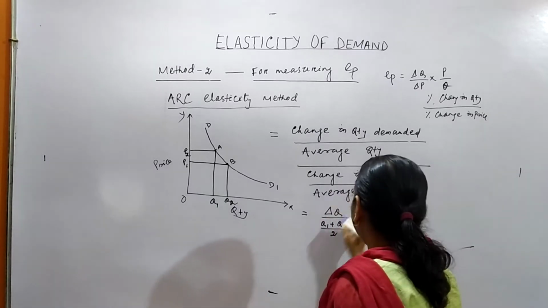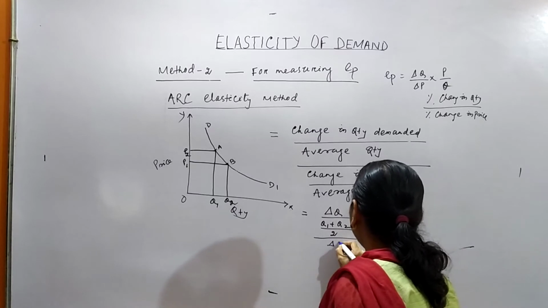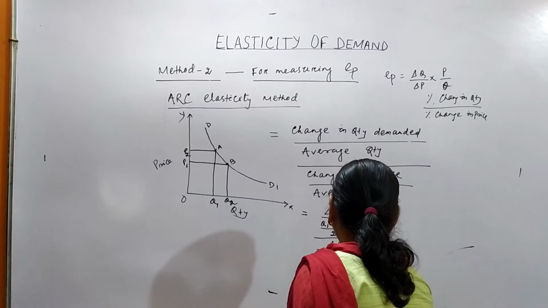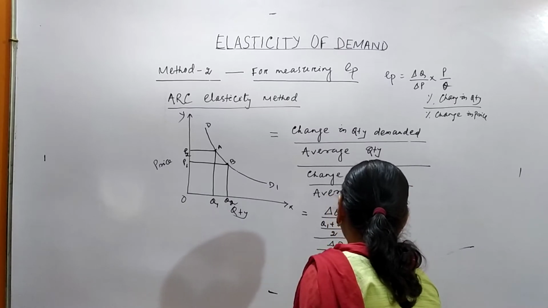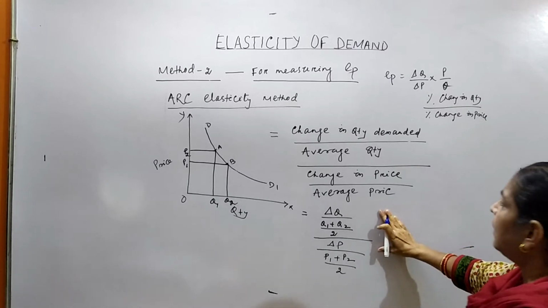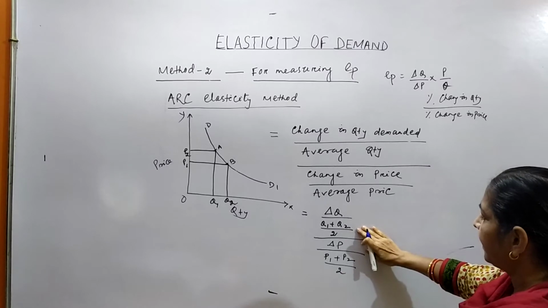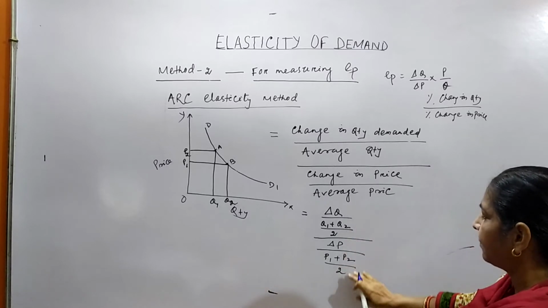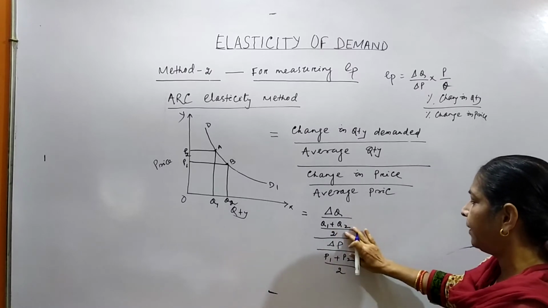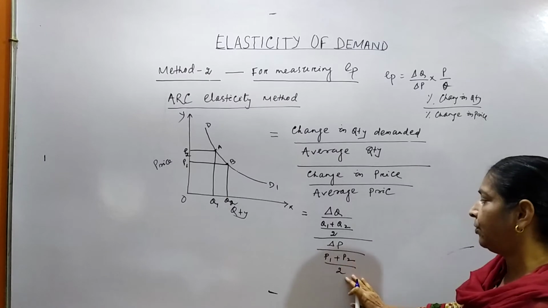Now change in price, what will it be? Delta P. What will the average price be? P1 plus P2 divided by 2. We have put the symbol for this formula. Change in quantity by average quantity, whole divided by change in price by average price. Delta Q by Q1 plus Q2 by 2, divided whole by delta P by P1 plus P2 by 2,